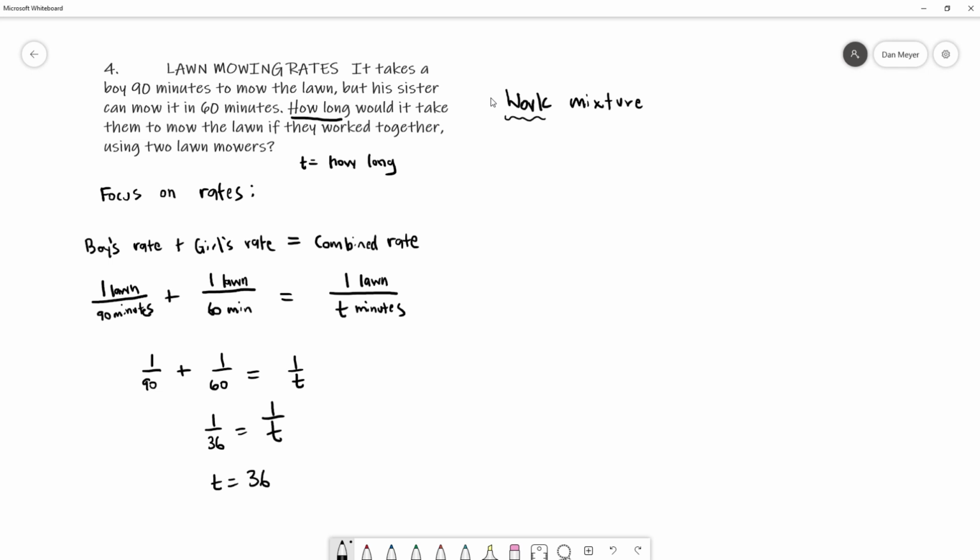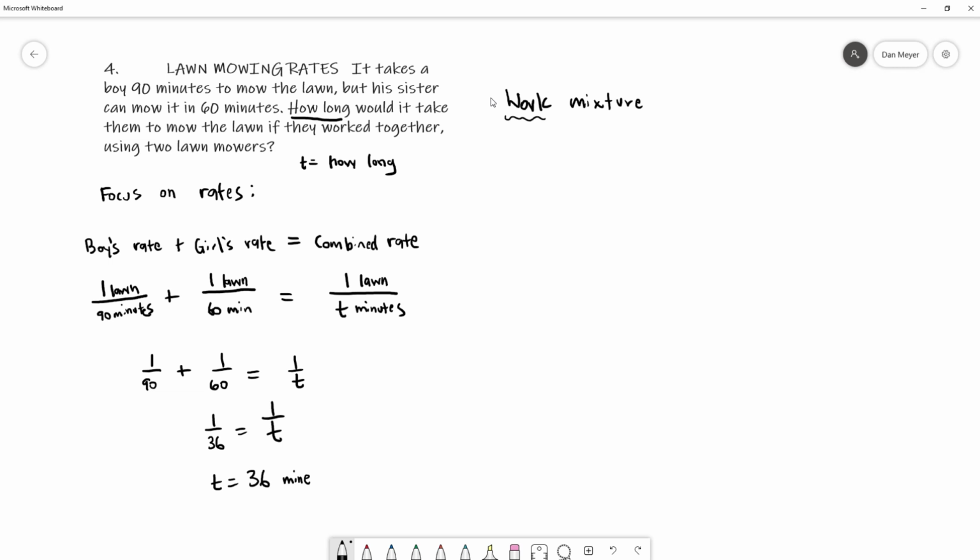Okay? Now, like I said, this is our book strategy, and if you can identify this as a work mixture problem, or just a work problem, or a problem where we're getting a task done with two different people or two different things working on it, and you can remember this setup, then that's not a terrible way to get the problem done. Okay? By the way, we kind of talked about,